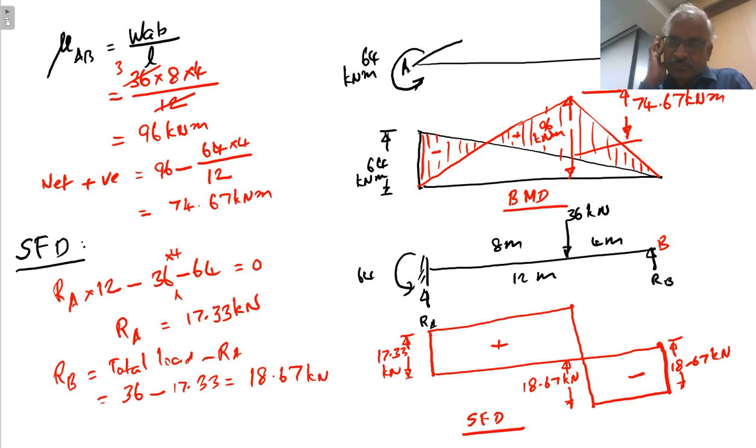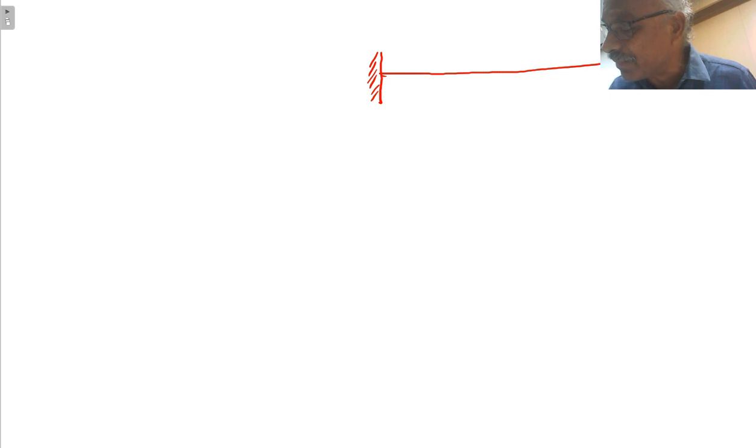Now we have done one problem on a propped cantilever. Now we will take up the next problem. The next problem is a two-span continuous beam. I will draw the diagram, then I will read the problem so that you can easily understand. Actually, the viewers will have to read the problem and draw the diagram, but I want you to understand, so I will first draw the diagram and explain.